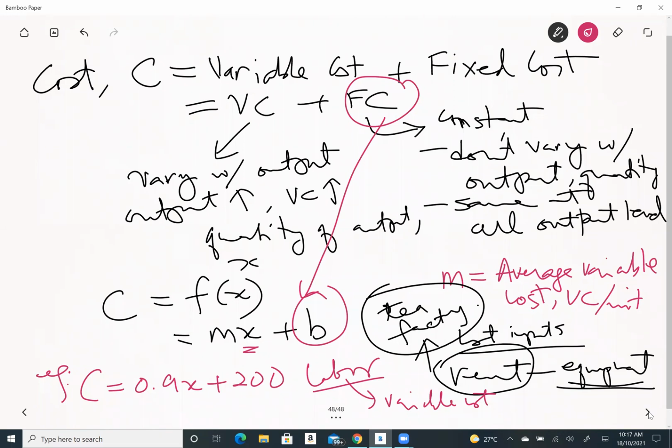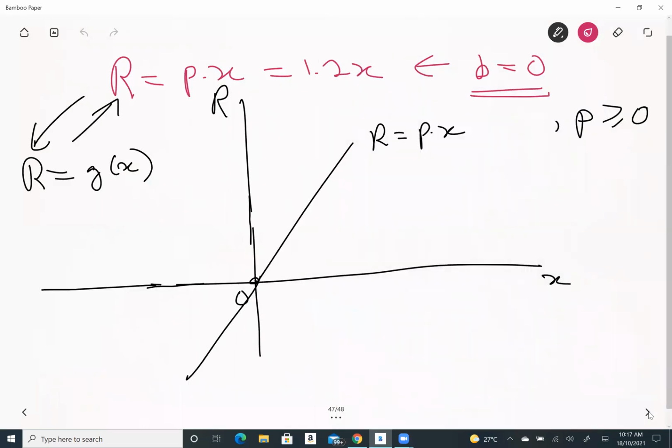When you draw the graph, you have C as a function of X. So we can draw it on the same graph. So you have R, and then you put C somewhere. The units are the same. The units for revenue are in terms of RM or dollars, whatever the monetary unit that you have, rupiah, or rupee,